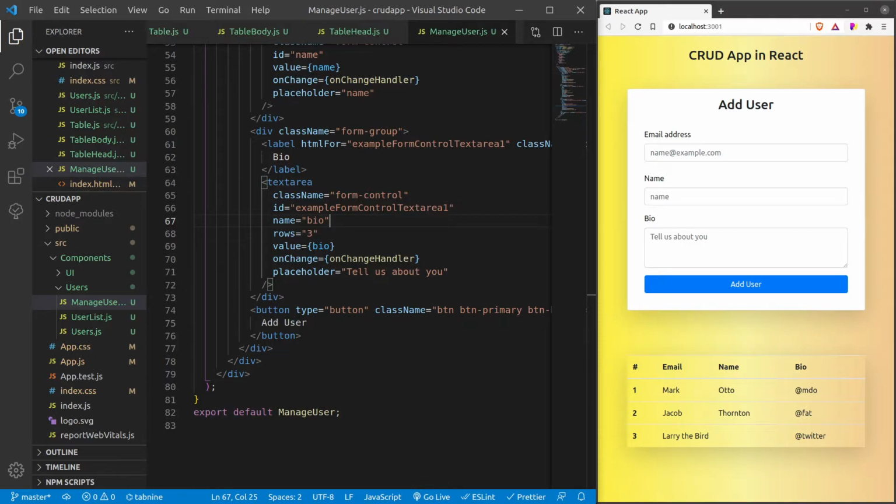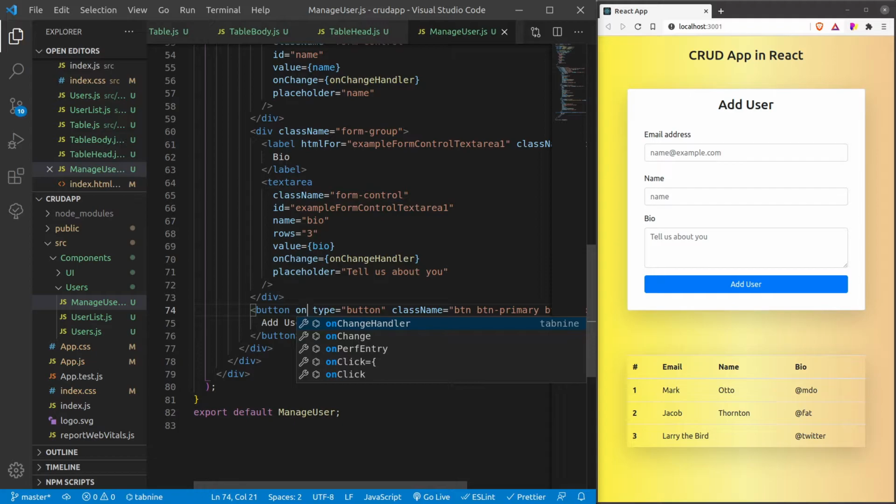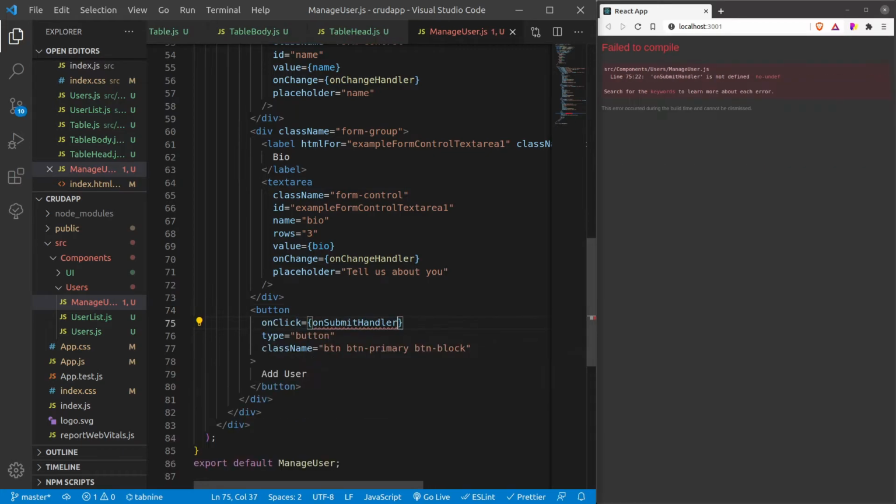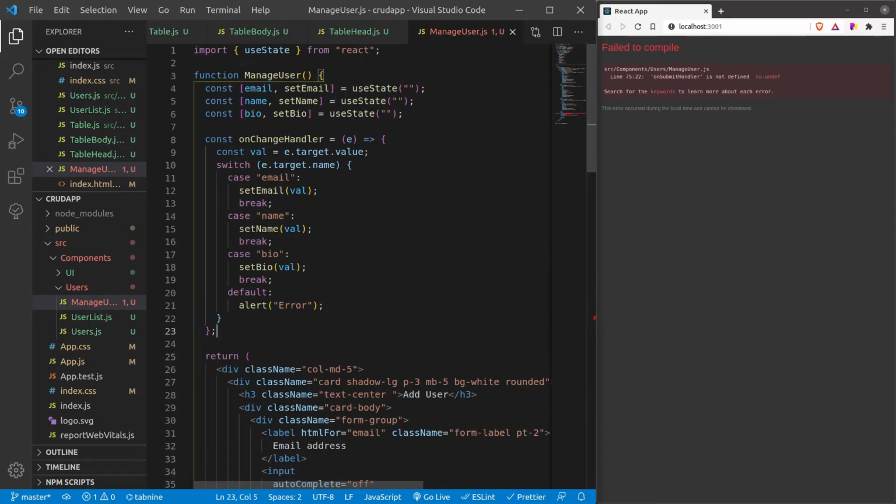Okay, now what we need to do is alert the value that is filled in the form. We can do that by adding an onSubmit handler. All right, so let's add the submit handler, and now we have to create our own submit handler method here.